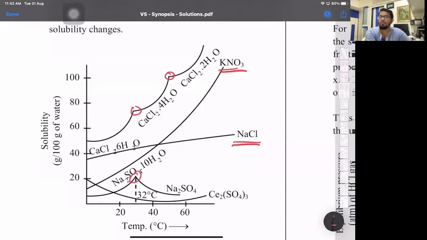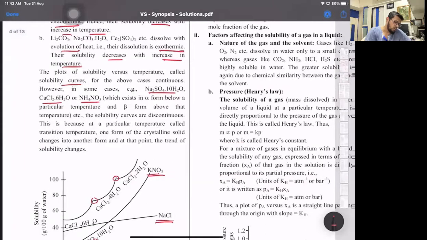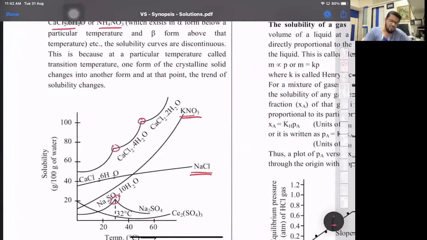This is mainly because of the allotropic forms, because at a particular temperature, one form is more stable as compared to the other. We have done this in P block also, the alpha forms and the beta forms with respect to sulfur. The rhombic sulfur and the monoclinic sulfur form, where at a particular temperature, one allotropic form is more stable than the other. So depending on that, we have the solubility curves. Most important with respect to MCQs, examples are important: whose solubility increases or decreases with respect to temperature. They can just ask examples on this.